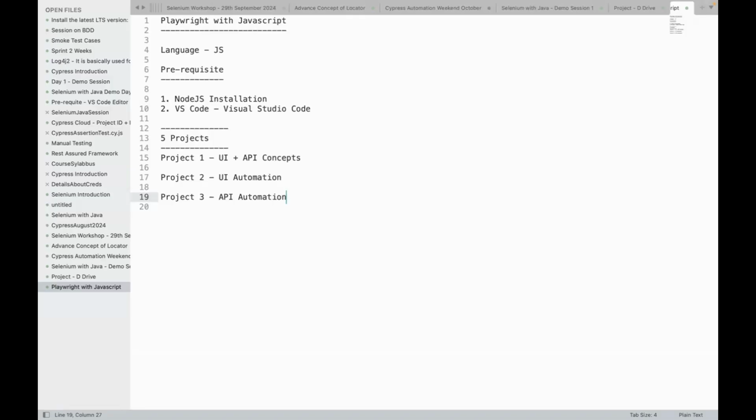And for those who do not have exposure to the Postman part, we need to make sure, before starting the automation, whether that particular API is stable or not. If the API which we are trying to automate is itself not stable, then there is no point in doing the API automation for that particular request.